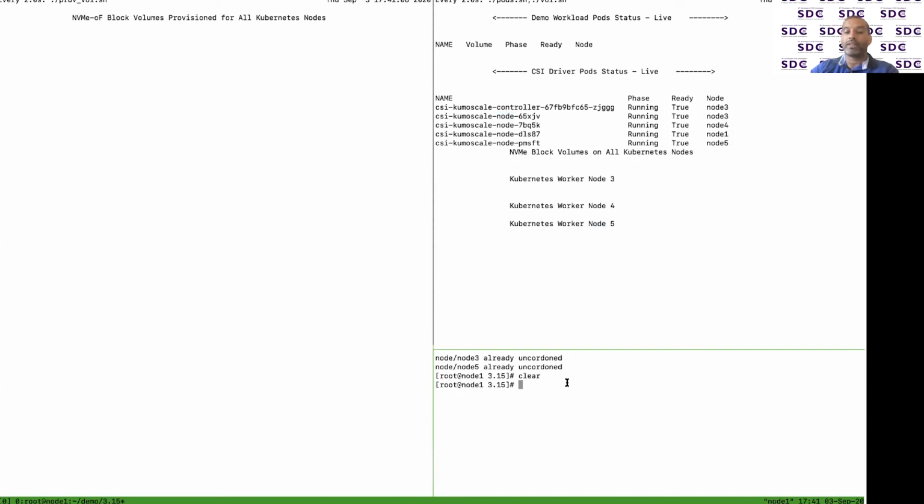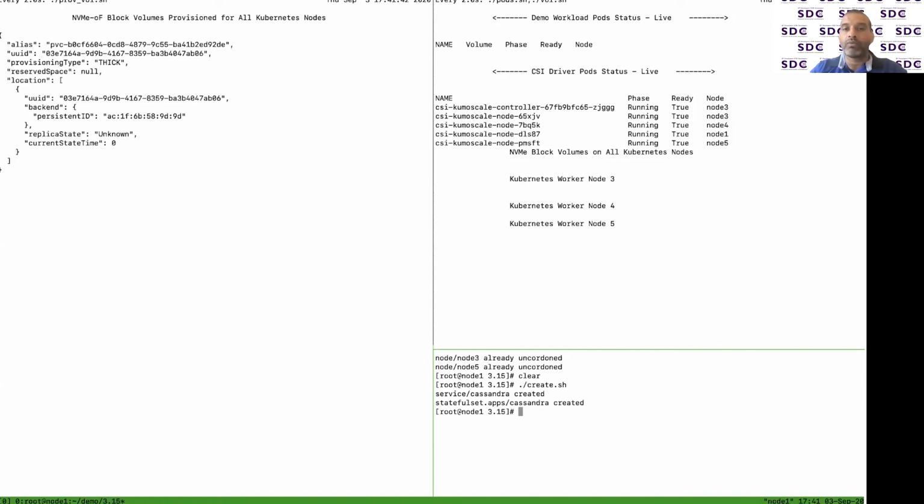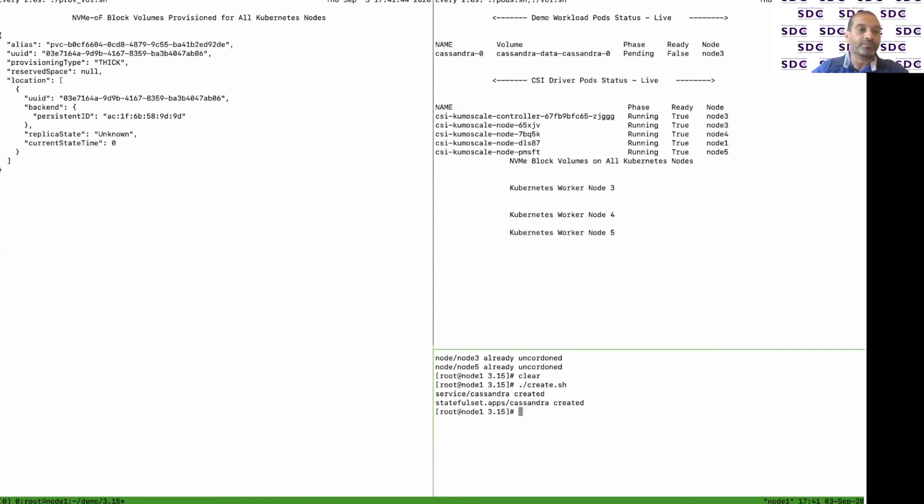So in the demo, I'm going to create a stateful set which will run 3 Cassandra pods. As those pods start, we will see the volumes start to appear in the left window when they are provisioned at the central storage location. And then we will also see how they get attached and how those nodes are started. So I'm going to start a demo which creates 3 Cassandra pods one by one in sequence. The first one started is called Cassandra 0.